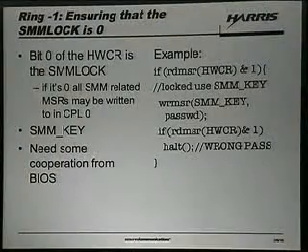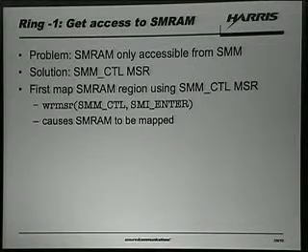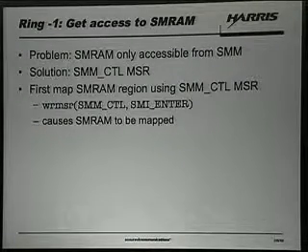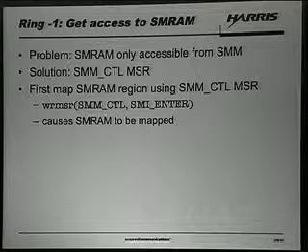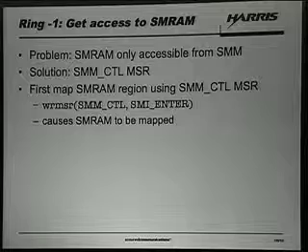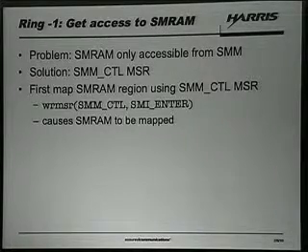All right, so now that we've made sure that we can actually turn the bit off, we've turned the SM lock bit off. We need to get access to SMRAM. The problem is SMRAM is supposedly only accessible from SMM. Like I mentioned earlier, there's a system management mode control MSR. By writing certain patterns into the MSR, we can simulate different portions of system management mode. So we can say, okay, SMI enter. What that does is it says, okay, I'm going to map SMRAM, put it up there,